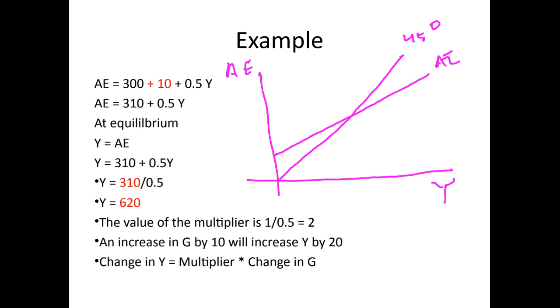Any income less than YE here is not equilibrium, because you can see you have income here on the 45-degree line, and then actual aggregate expenditure is slightly higher. So below YE, to the left-hand side, whatever the income level, your aggregate expenditure will be higher than your income. Why? Because the expenditure line lies above the 45-degree line. Any income above this YE equilibrium, you can see aggregate expenditure is less than the